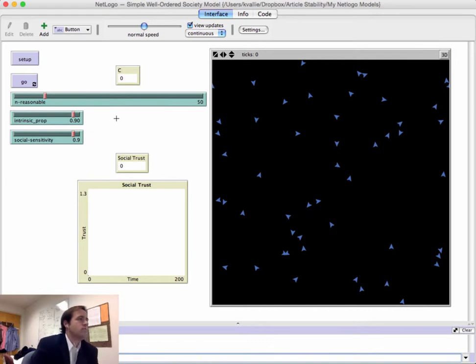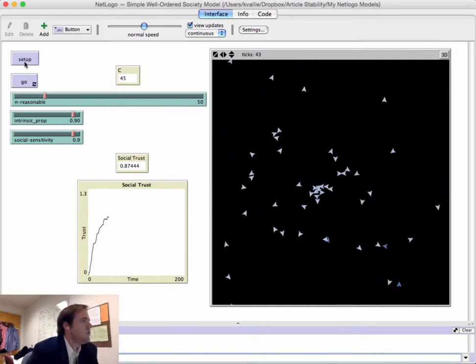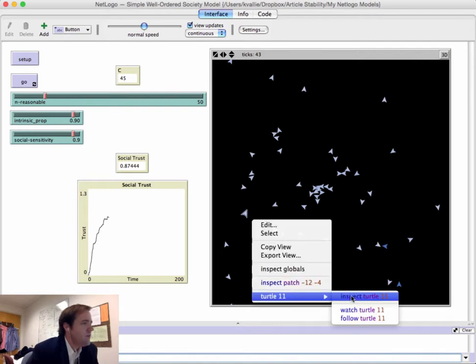The agents will also make an observation over time. So if we start the model, and don't worry about what it's doing right now, I'll explain, and we go to inspect a turtle,